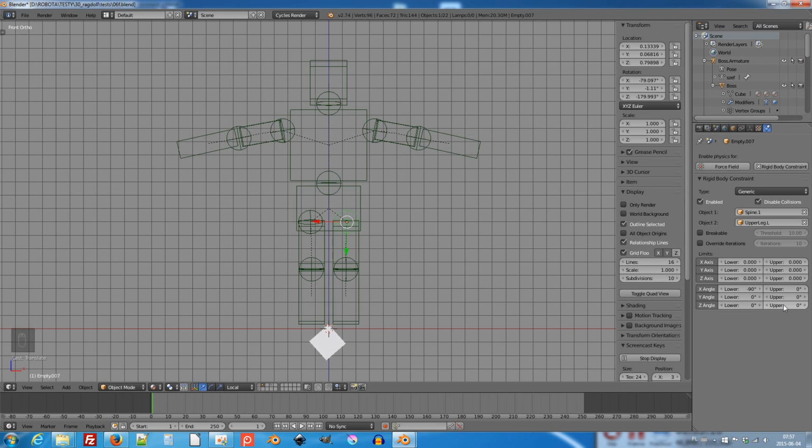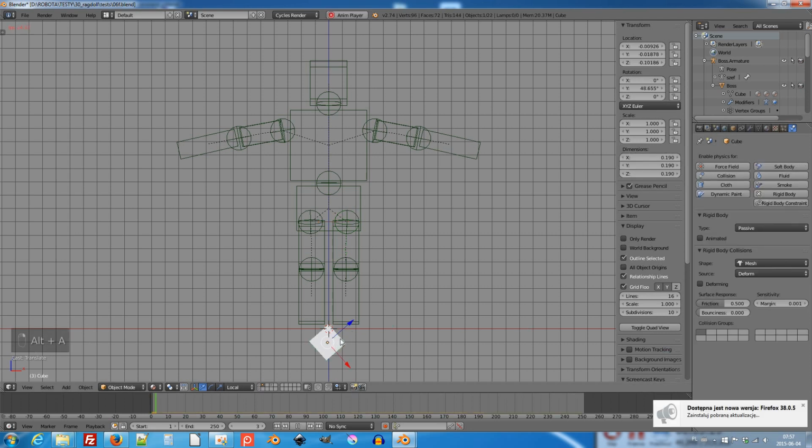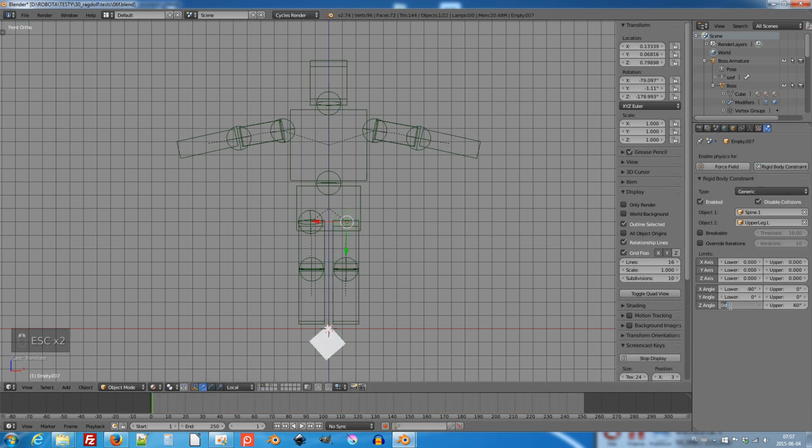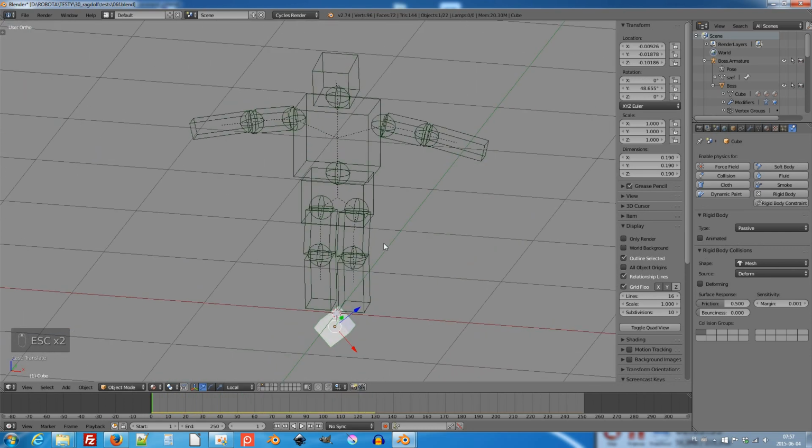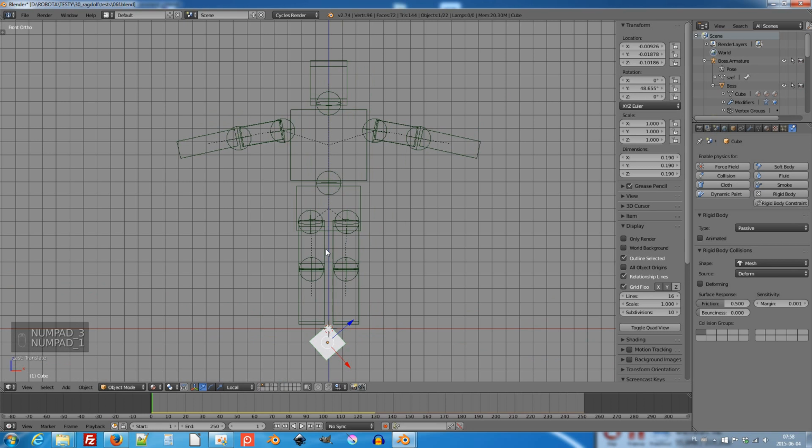So if I write 60, -60 and 0. Okay, this leg is ready, and the same I must do with this, but I will make this later.